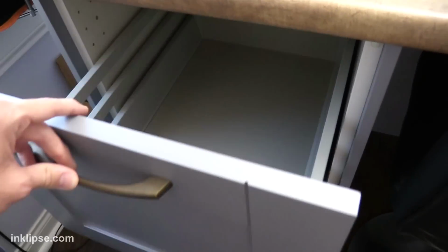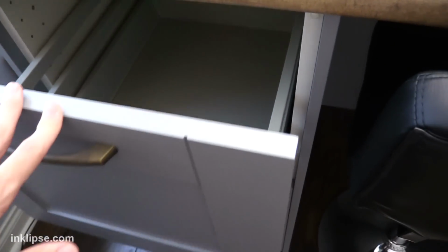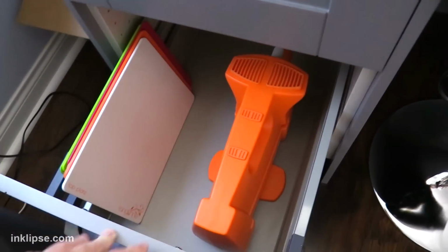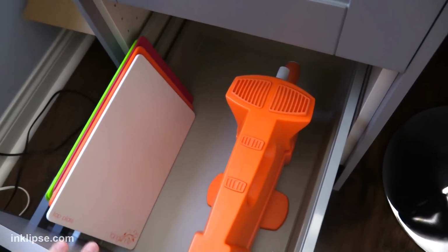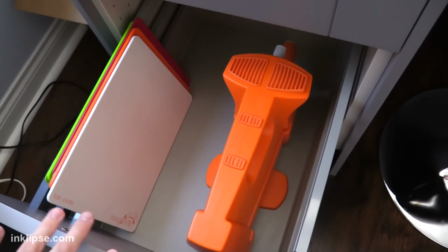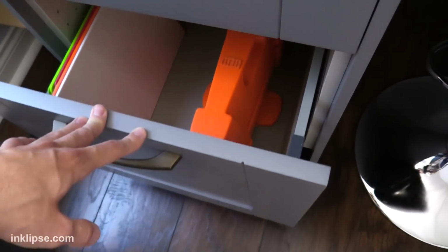to fill this with different coloring mediums and stuff like that. So to build something into there, we're looking to create that. And then down here, I have my die cutting machine. So this is the Tonic Tangerine, and I just pull this up to my desk whenever I'm filming a tutorial. So it's really helpful to have a drawer for it, so I can bring that onto screen and show you